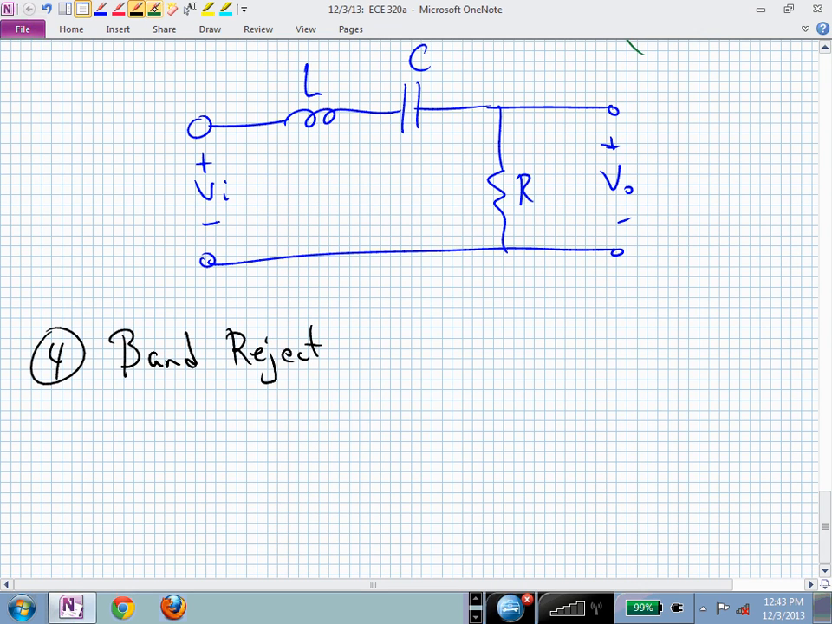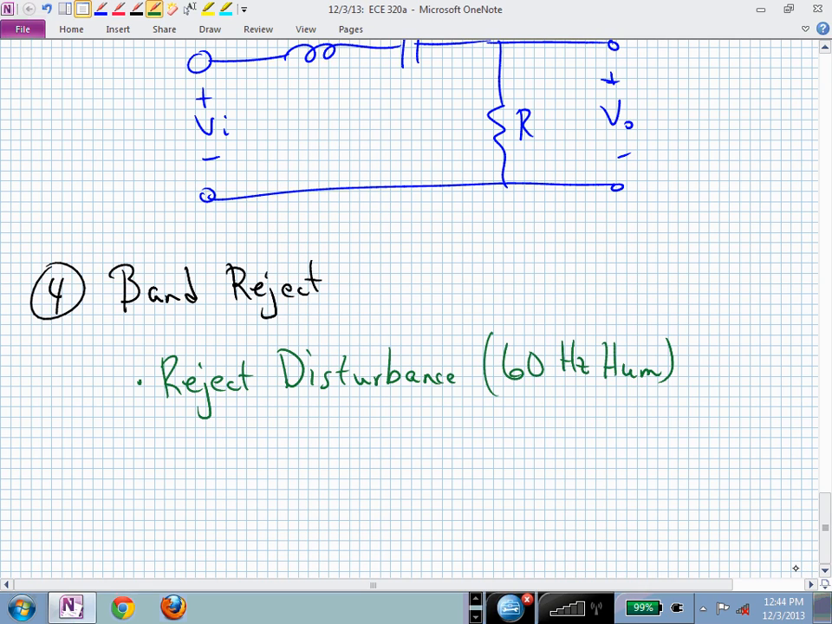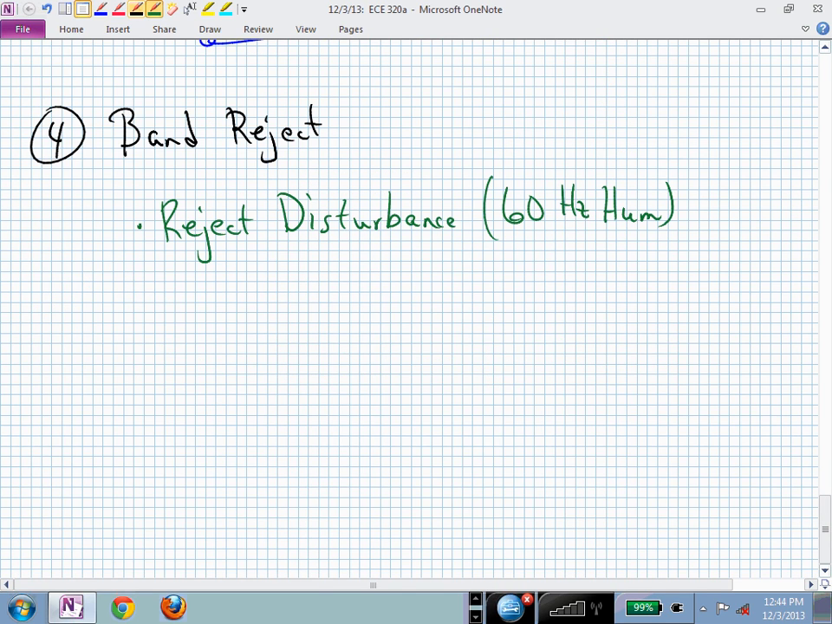Here we might be wanting to reject disturbances or certain frequencies. Maybe we have some hum from the power line, 60 hertz hum, and we want to get rid of that. Reject it. A way to realize this with a passive circuit,